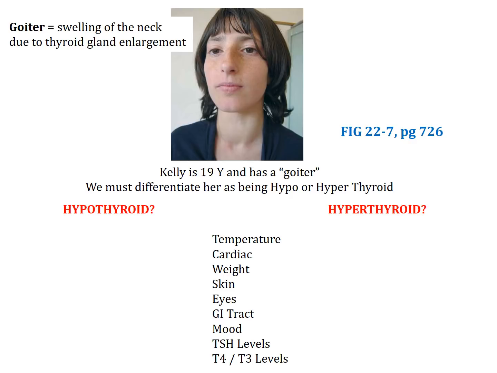So let's do the easy one first. If she's hypothyroid, what are her blood levels of T4 and T3? Low or elevated? Simple, right? They're low. And if she's hyperthyroid, what are her blood levels of T4 and T3? They are going to be elevated. Now, TSH is weird. In each case, TSH may be up or down depending on where the pathology is. So we'll come back to that in a second.